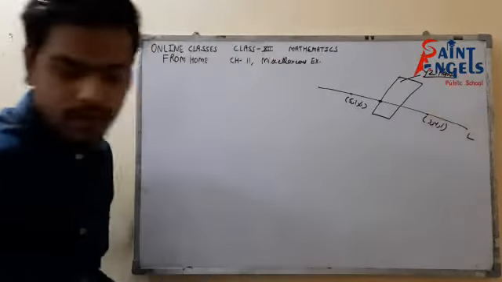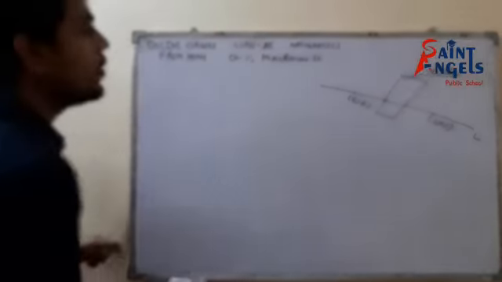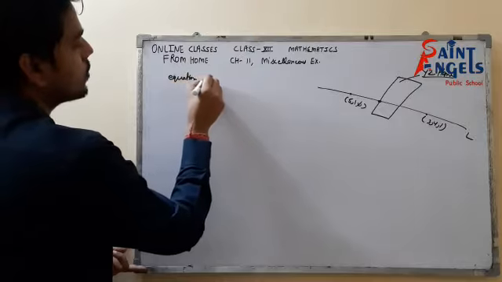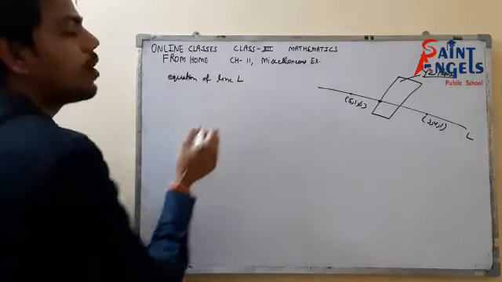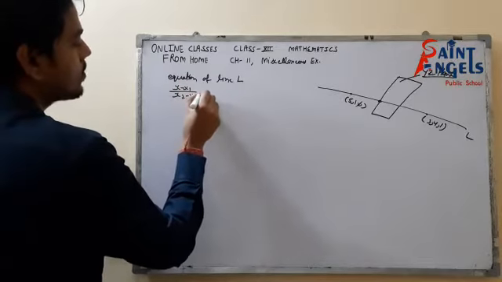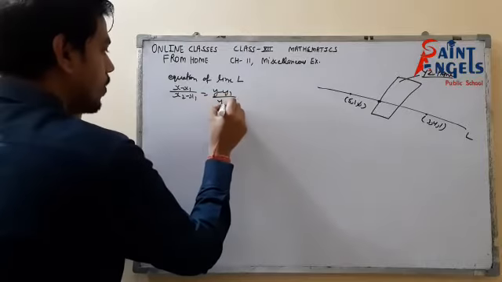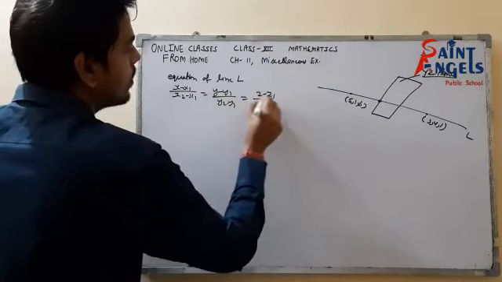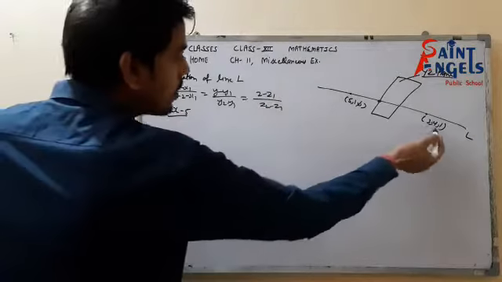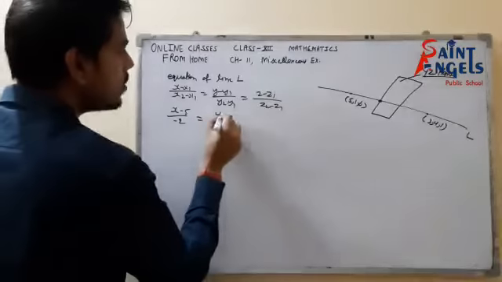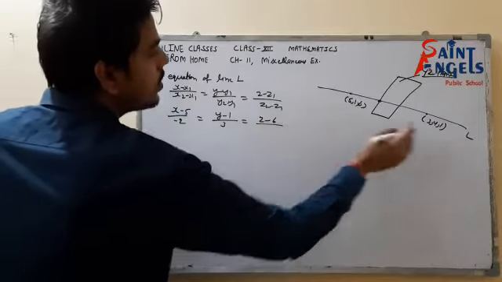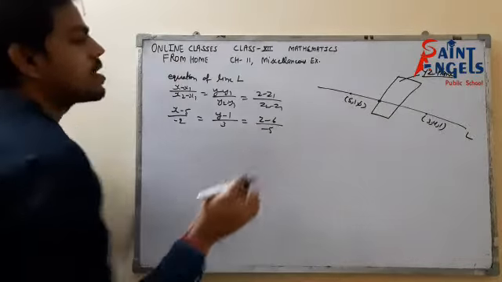Okay. So now, first of all, we have to find the equation of line. So we all know the equation of line L. I hope you all remember the line through 2 points, that was x minus x1 upon x2 minus x1, y minus y1 upon y2 minus y1, z minus z1 upon z2 minus z1. Now put all the values. So x minus 5 upon 3 minus 5, minus 2, y minus 1 upon 4 minus 1, 3, z minus 6 upon 1 minus 6, minus 5. This is the equation of line.